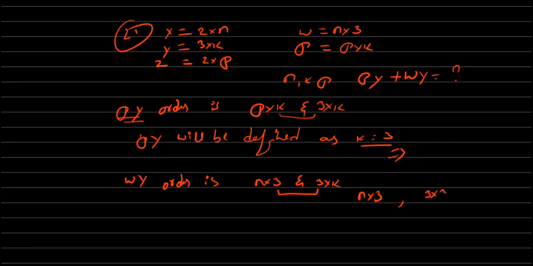When we are doing this multiplication of the matrix, the main condition is that the number of columns of this matrix should be equal to the number of rows of the other matrix. Since it is a 3 into 3 matrix, obviously this should also be a 3 into 3 matrix. So we will say n is equal to 3, or p is equal to n. So n is equal to p,